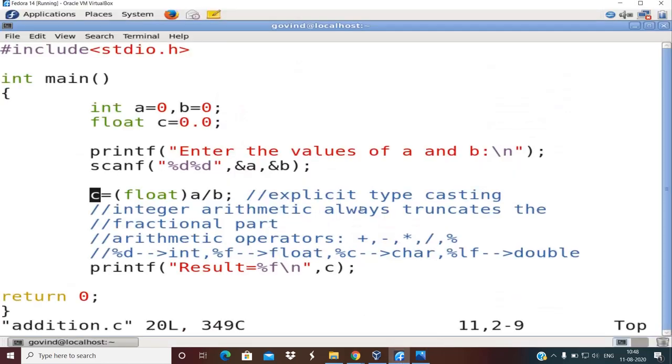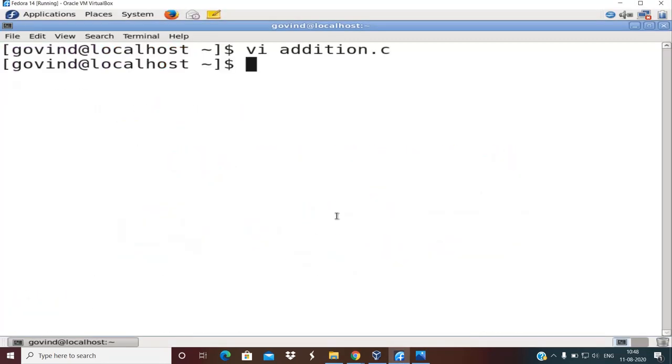This actually is a shortcut operator. Suppose I want to write this statement, c equal to c plus b, right? So I can in fact write it this way, c plus equal to b, right? So both are the same. Both statements in C mean one and the same. c equal to c plus b can as well be written as c plus equal to b.